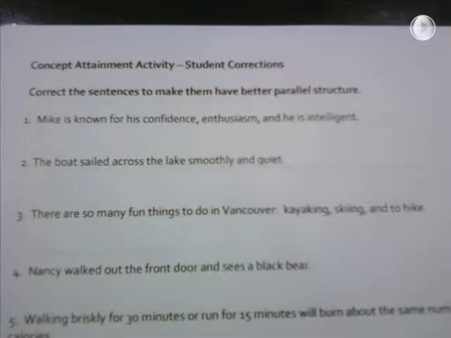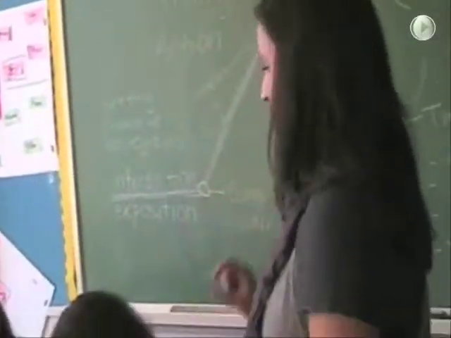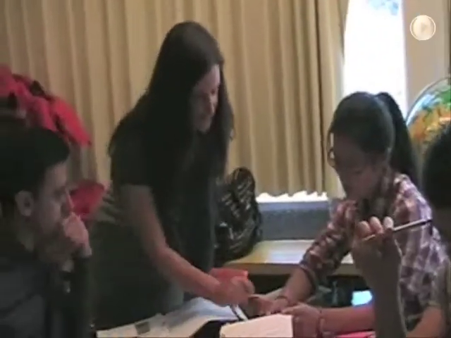For Phase 3, we extended our lesson by having students correct the no examples from our concept attainment data set. All of these sentences lacked parallelism, and we gave the students the opportunity to work individually or in groups. After that, we corrected the worksheet together as a class, and we found that by the end of our lesson, the students had a good grasp of the concept of parallelism.